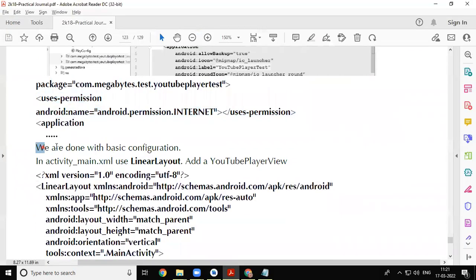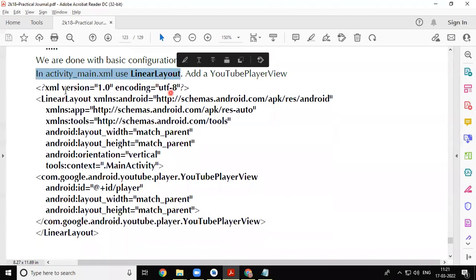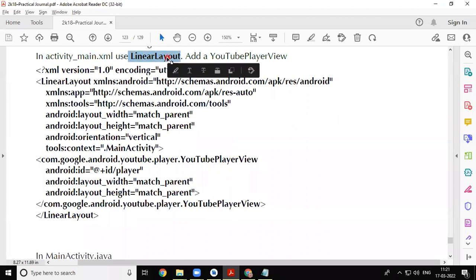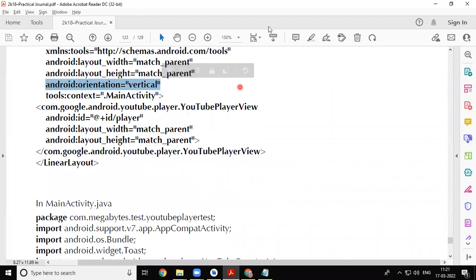Next part, we are done with the basic configuration and now we have to use that all configuration into our code. So what we will do, in our activity.main XML, we will change the layout as linear layout. That already we have done so many times. And in linear layout, we will create the orientation vertical. That already we have done. And we are going to use, as we have already included the YouTube API.jar file. And also we have given the permission. So we can use this particular tag. You can see the name of tag